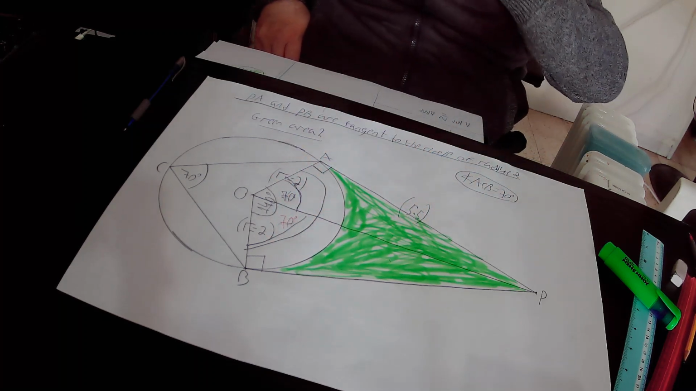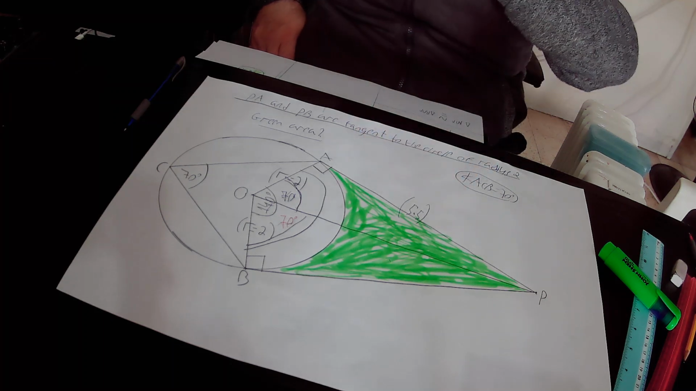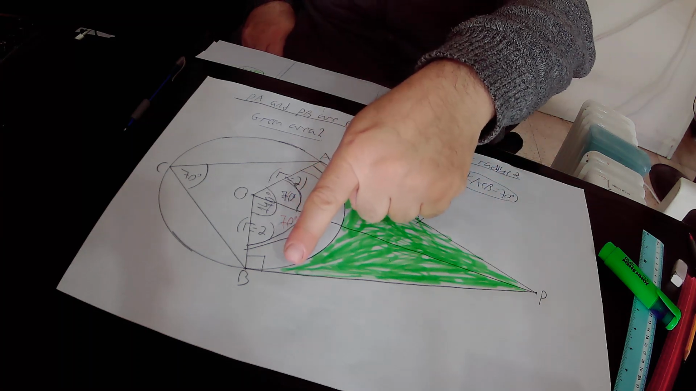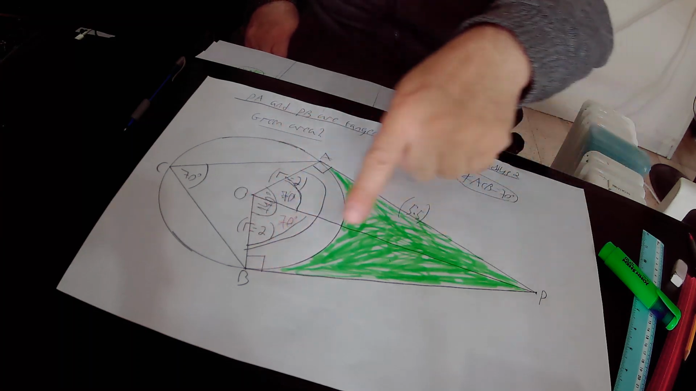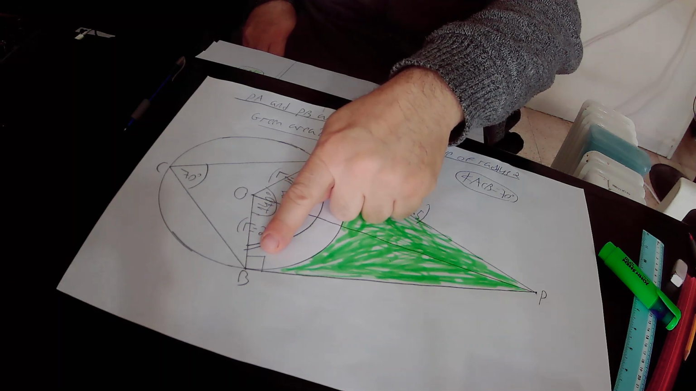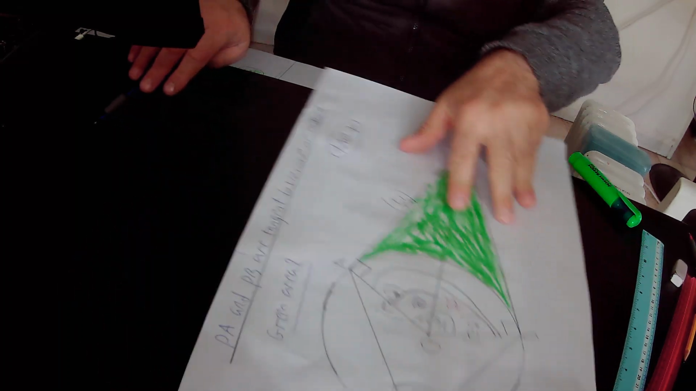And whenever you have a radius that is drawn to the point of tangency, then tangent PB will be perpendicular to the radius BO. If PB is perpendicular to BO, it means that this angle equals 90 degrees according to rule 1. Likewise, we have